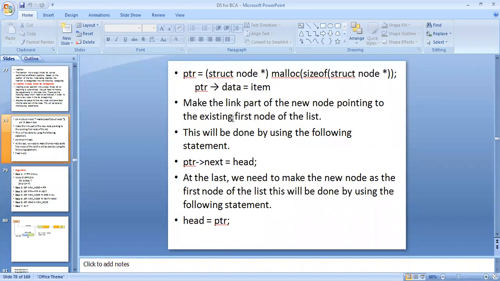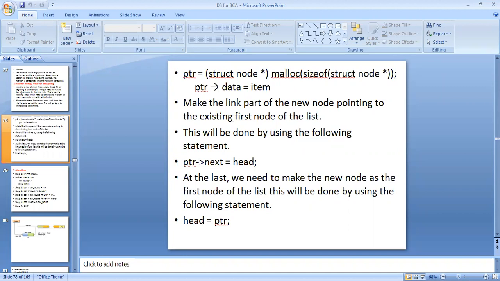ptr equals to struct node star malloc size of struct node star, bracket complete, semicolon. After that, ptr arrow data is equal to item. Then make the link part of the new node point to the existing first node of the list.